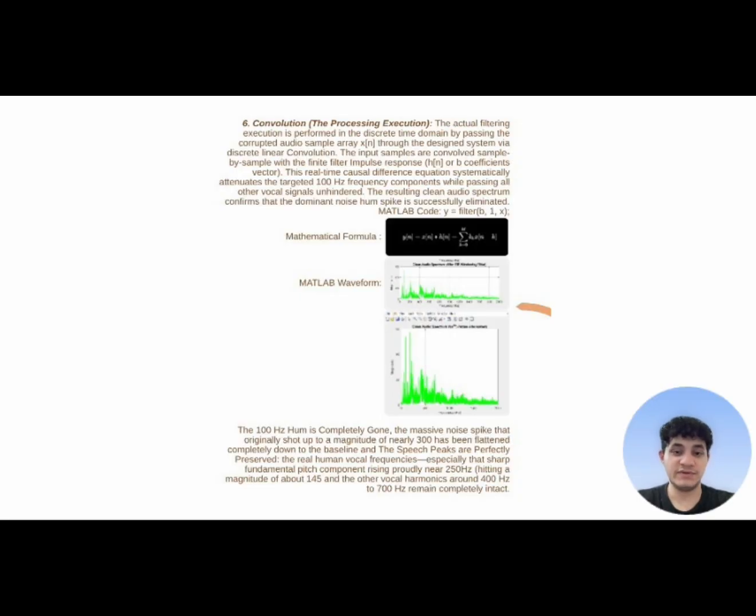Our post-filtering verification plot demonstrates the absolute success of the DSP pipeline, and the destructive line hum spike is entirely flattened down to baseline level. Meanwhile, the vocal fundamental peak and its corresponding speech harmonics are perfectly preserved, yielding a clean, high fidelity and intelligible